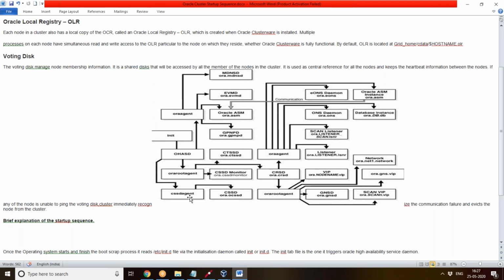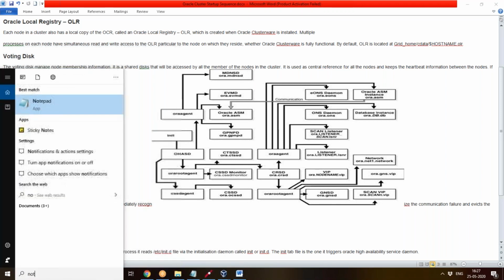Okay, there are so many daemons available, like CRS. CRS means what? Cluster Resource Service Daemon. And you have your CTSSD, means Cluster Time Synchronization Services Daemon. Then CSSD means Cluster Synchronization Services Daemon, means CSSD will just take care of the whole cluster. That is the membership of the cluster. It will take care. See, I'll tell you.